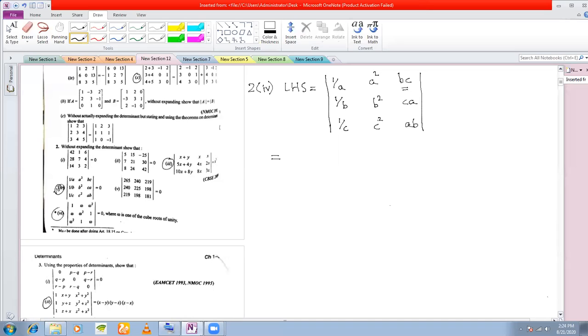What is missing? A. This entire determinant contains how many variables? 3 variables, A, B, and C, right? What is missing here? A. What is missing here? B. What is missing here? C. Okay, so whatever is missing, I'll give it. So what I'll do here is,